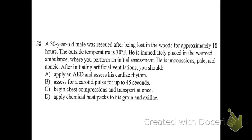Based on these choices, one of them pretty clearly happens before all the rest. B. You know that he's unconscious, he's pale, he's apneic. What you don't know anything about yet is his pulse. So you need to assess his pulse. Now, maybe this was confusing for y'all. Why would you check his pulse for up to 45 seconds? Because he's cold. Typically in a patient, how long would we check? Like 10 seconds, right? In an unconscious patient, you would check for about 10 seconds on the carotid pulse, 5